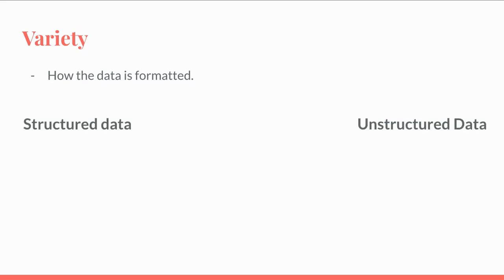The last criteria is variety. This criteria is about the variety in the type of format the data is structured in. Because this could cause you to ask many different questions, such as, what are the different types of formats data can be in? I'm going to go a little more in depth on this criteria. So there's three main types of formats for big data. These are structured data, unstructured data, and semi-structured data.